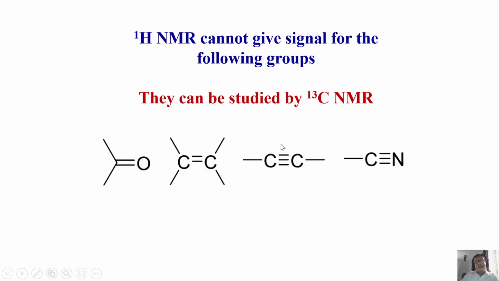When do you make use of carbon 13 NMR? Look at proton NMR. If I have a C=O group, C=C, C≡N, or a CN group like that, and I want information about such groups present in a molecule, proton NMR cannot give you that. Where is the chance for proton NMR to give that information? There are no protons here. On the other hand, I can study carbon here, and all these functional groups present can be identified. So carbon 13 NMR is also very useful. Information which you cannot get for certain functional groups in the proton NMR, you can get from carbon NMR.